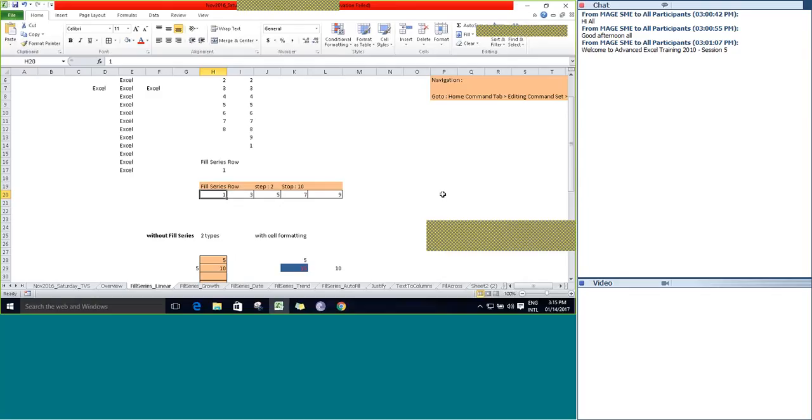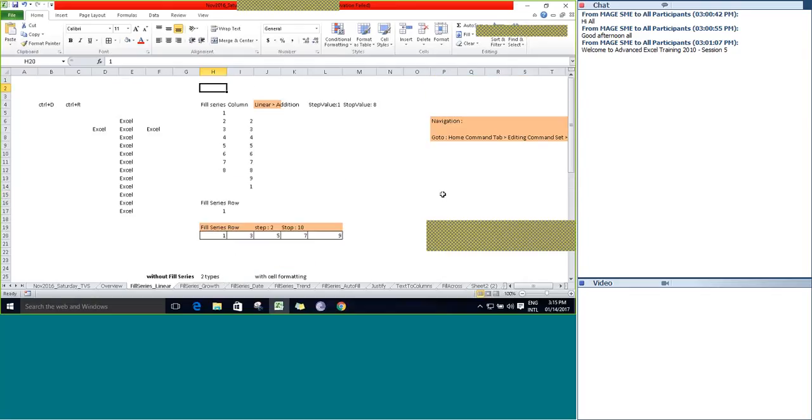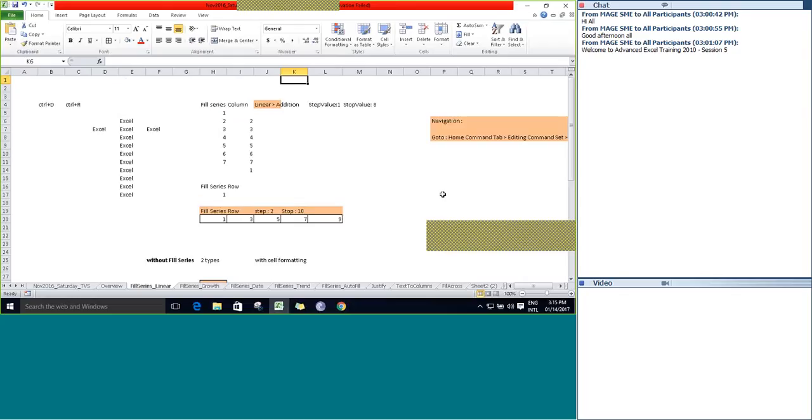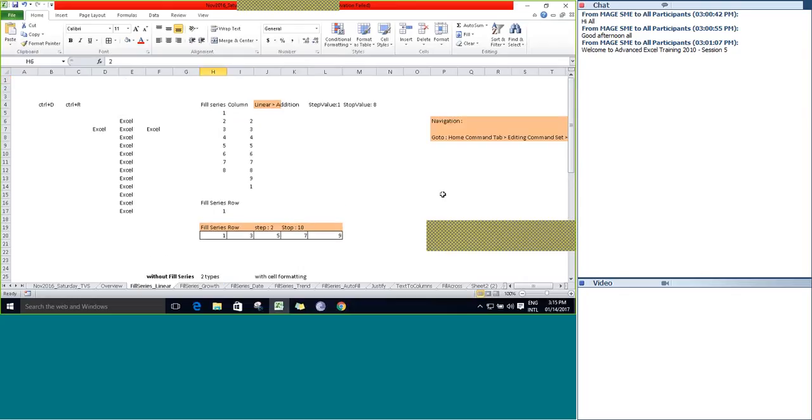So any doubts in these two scenarios? Fill series linear, column wise, and then fill series row wise with a different step value and a different stop value. Right? So we generated a string pattern now using fill series, linear.